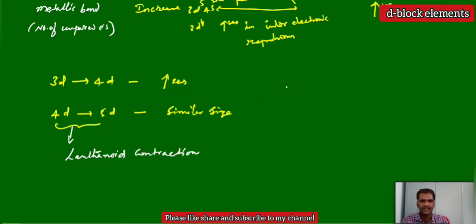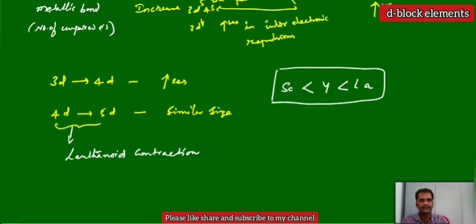So you can see here, scandium is having less, yttrium and lanthanum. Here we can see the regular trend. Top to bottom the metallic radii increases, but after lanthanum onwards, titanium is having less, but zirconium, hafnium, they are almost, we cannot say exactly, but they have almost similar atomic radii.